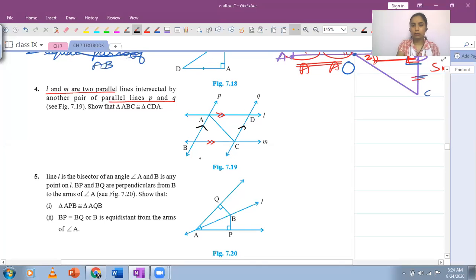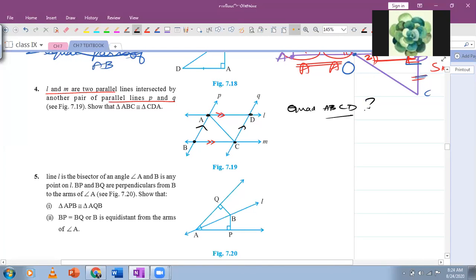Just based on this, since there are two pairs of lines, there will be four lines, two horizontal and two have been shown in slanting way. So these are intersecting at points A, B, C, D. The points of intersection are marked in cyclic order, A, B, C, D. So this point over here is A, this is B, this is C, and this is D. What can you say about the quadrilateral ABCD?